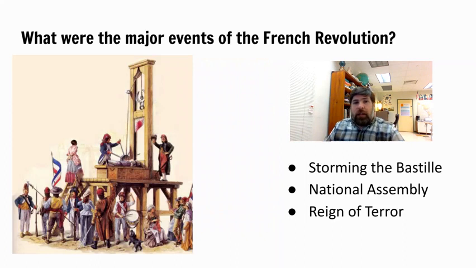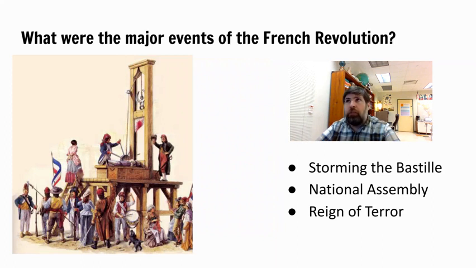So if that had been where it stopped, it would have been cool. But what happened in actuality was that the National Assembly, certain people in the National Assembly got really paranoid, and they were really afraid that people were going to try to undo the revolution. And they started accusing people of being counter-revolutionaries. We talked about this in class. And this led to what's called the Reign of Terror, a period of about 2 years where 40,000 people were